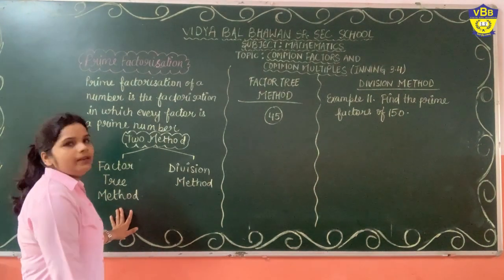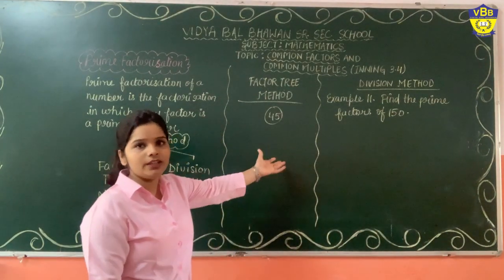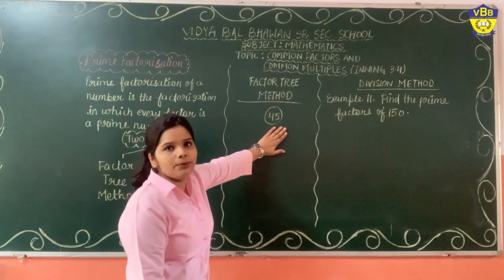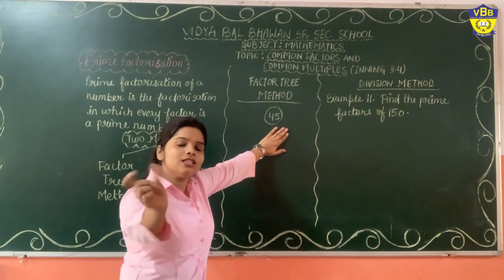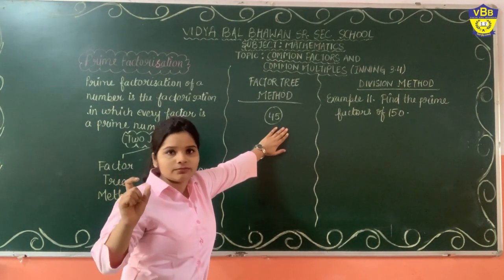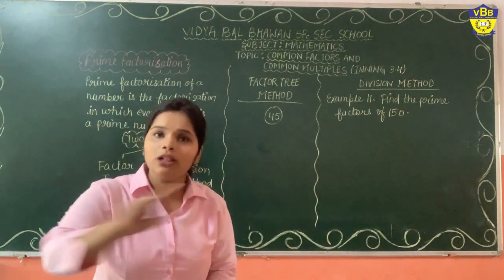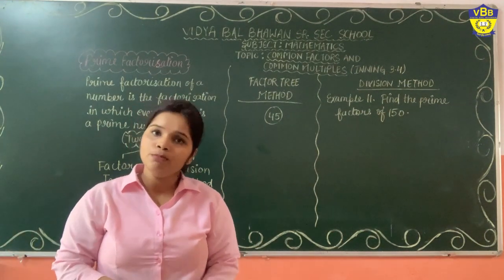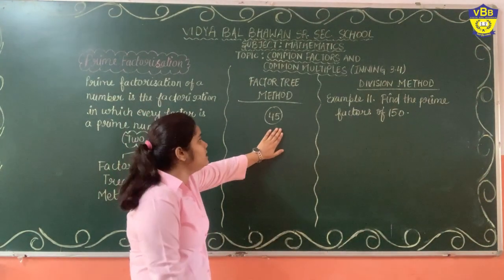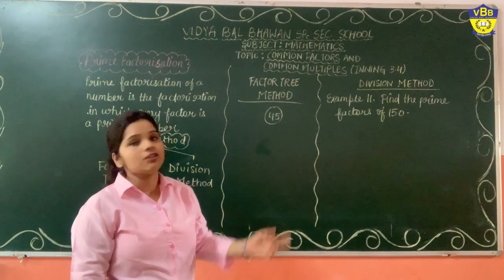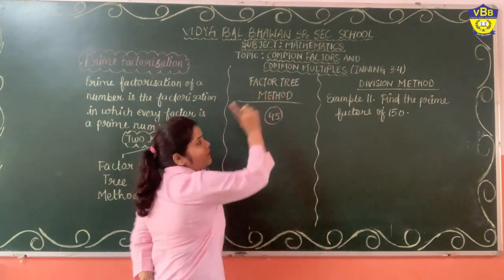What is the factor tree method? We are going to understand this factor tree method of finding prime factors of a given number by an example. We need to find the prime factors of 45. If it does not say prime factorization and simply asks for factors of 45, then you will write all the possible factors. It can be prime, it can be composite, it can be even, it can be odd. But if it is prime factorization, that means write only the factors of 45 which are prime. How can we do it by the factor tree method?